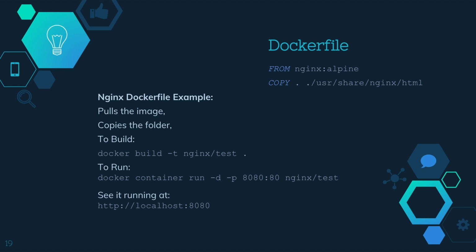To build this container, you would use docker build. The -t is for tag, so you're going to name this container or image whatever you want. In this case, nginx-test. And then to run it, you run docker container run. The -d is for detached, meaning that you're not going to attach it to the terminal that you're in. It's going to spin up separately on your machine. And the -p is for port mapping. Nginx runs on port 80, and we want it to go to 8080. And then the very last thing is what container you want it to run, which is the same thing that we tagged it as when we built it.